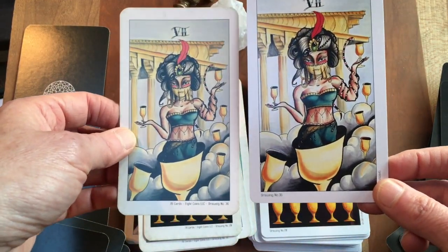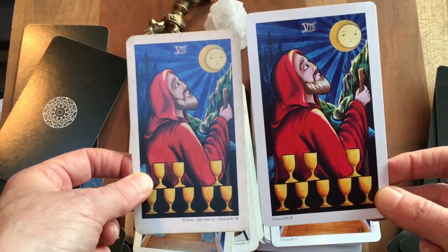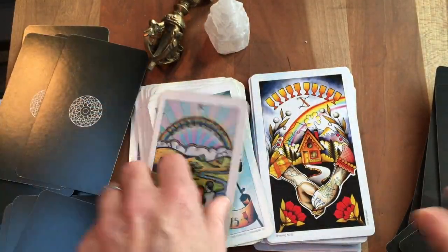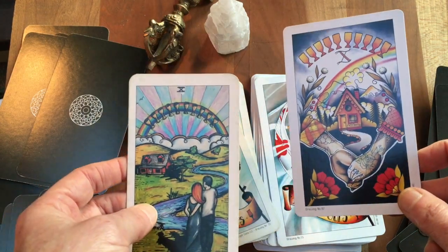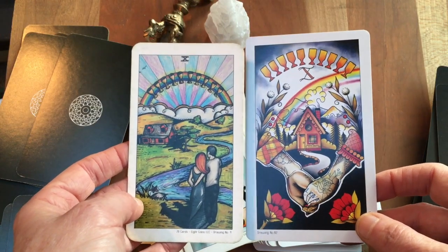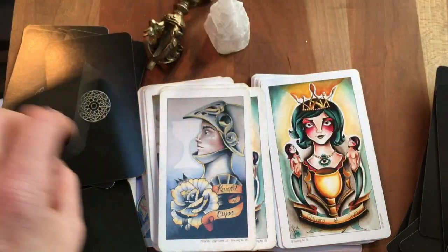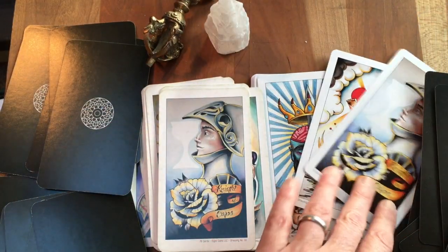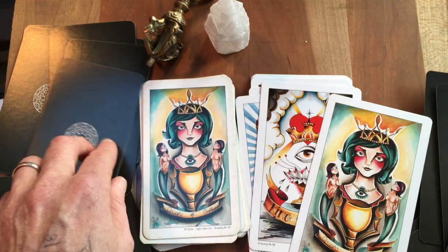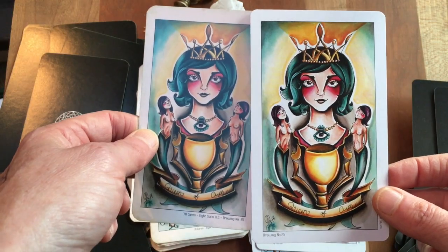Aladdin's lamp, which is a nice take on the 7. This feels very Morgan Greer-y to me. And I think there are other places where we have a kind of Morgan Greer influence, like the Nine of Swords. I love this new Ten of Cups. The Page of Cups. A lot of koi here. Whoops. Where's the Knight? There we go. I'm not sure I understand the imagery with the Queen of Cups, but...